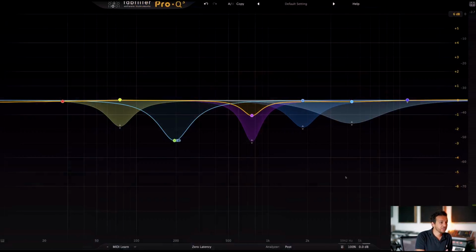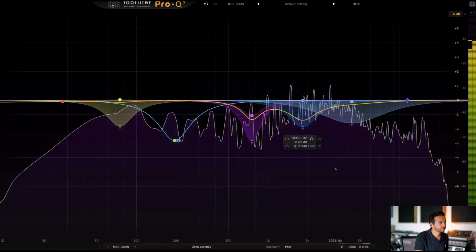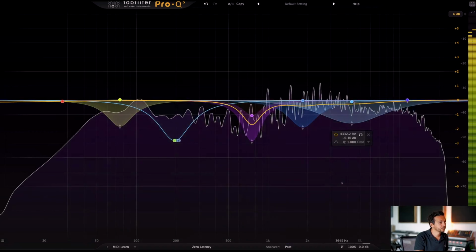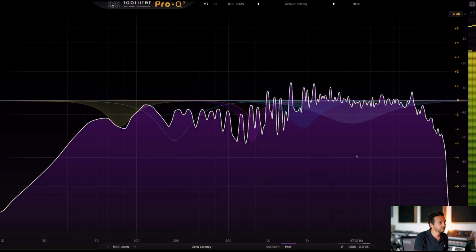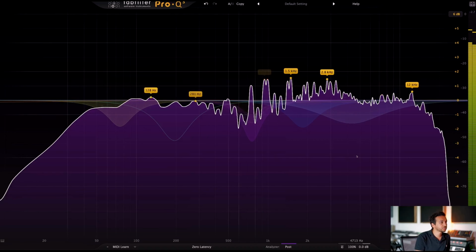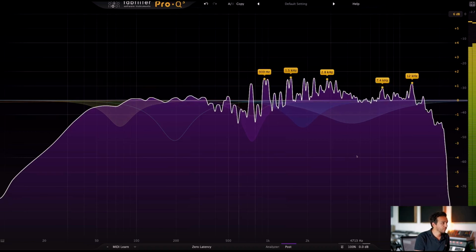Another cool feature in that EQ that I really like, if I have frequencies playing and I move the mouse and hover on it, it will freeze that and show me where the peak points in my mix are, for example. So we're on the mix bus right now, so I'm just going to play the mix bus. This is not done at all. I'm still working on it. So see what happened now is it froze that image for me,